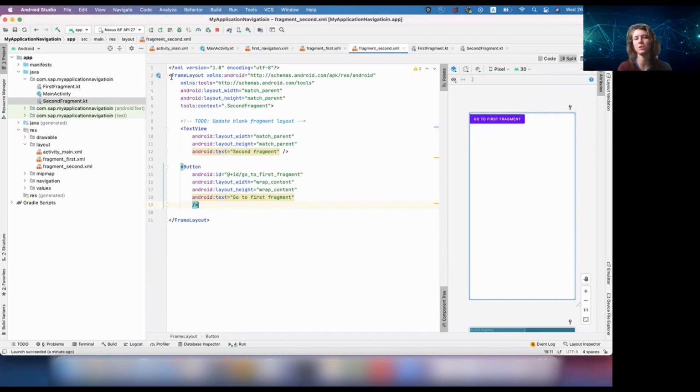So if you change this to the constraint layout, you can do some nicer arrangement to see both, for example, or even change some text styles to have the text larger and stuff like that. Or even add some extra fragments to the graph to learn more about what I was describing today. So that is all from my